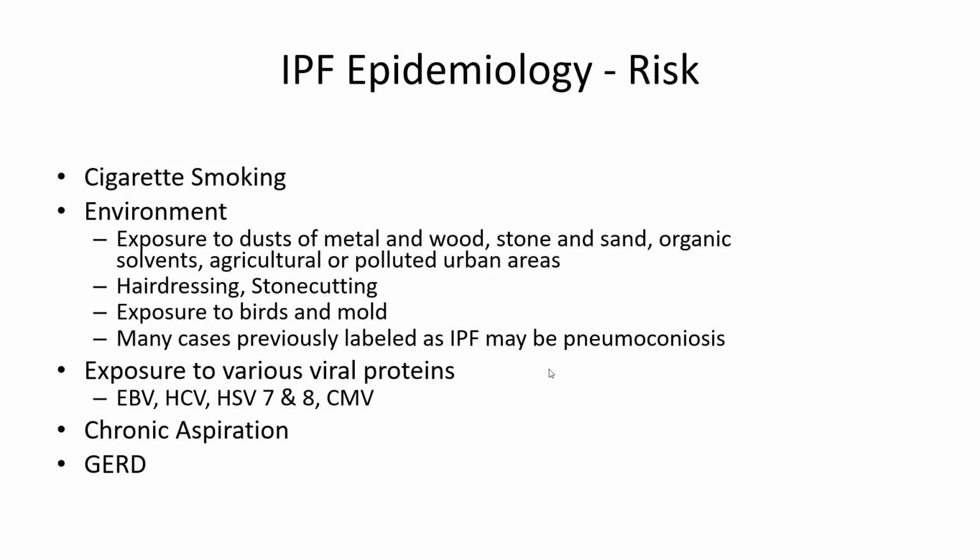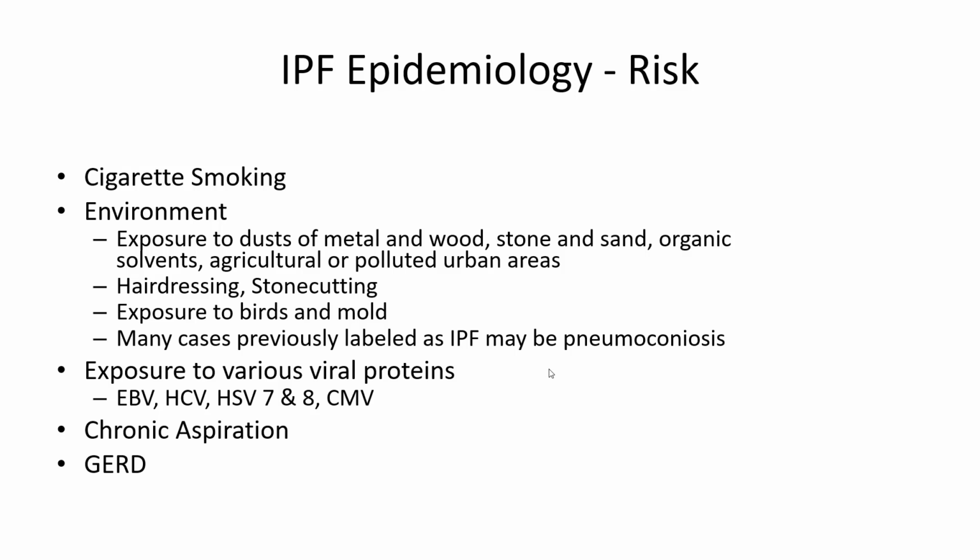This last point under environment is that many cases previously labeled as IPF may actually be a pneumoconiosis. And this comes to the point that at this stage in the evaluation, the patient should really be under the care of a pulmonologist, because these distinctions become very fine, very nuanced, and they require the care of a specialist. Also, you can see exposure to any number of viruses can increase the risk,